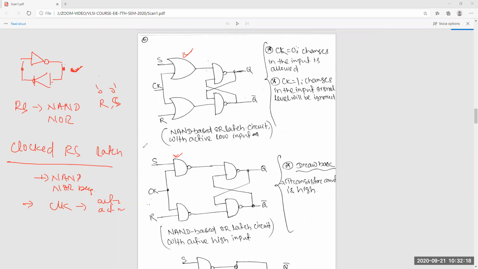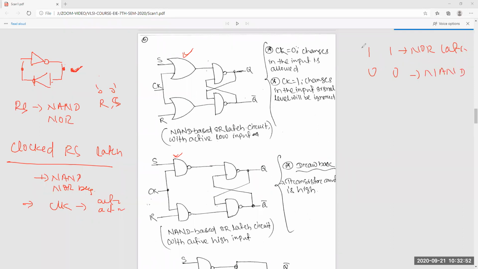In these, one disadvantage is there. Though we are modifying by giving set or reset inputs, and enabling the circuit by giving the clock, one problem is there. We are not removing the 1 1 case in the NOR latch, or the 0 0 case in the NAND case.